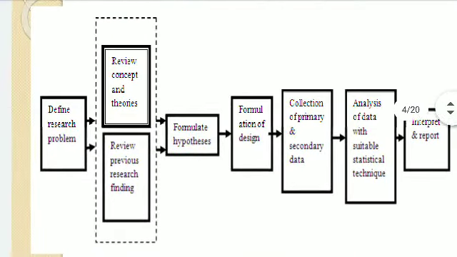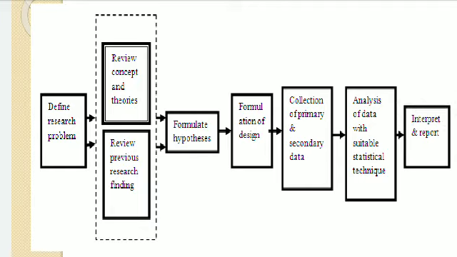Again, I will repeat. The very first step is to define the research problem. The very first question in your Viva will be, what is your research problem? And many students get stuck on that question. If you do not have any research problem, you have not identified the problem, then how will you proceed further? So this is the second question of your external Viva. So don't be in that situation and just go through various research articles and the exact current scenario of your situation, and you will identify your research problem.